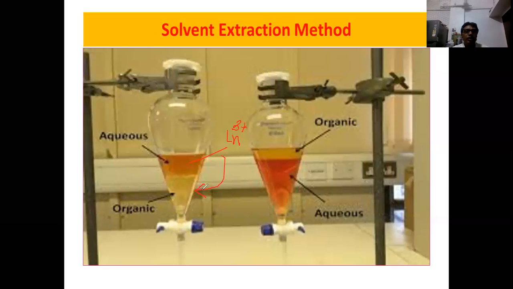So in this way, one lanthanum ion can be extracted. Once again, we have to take another fraction of the organic solvent and shake the solution. After shaking the solution, the two layers settle and the second lanthanum ion is extracted into the organic phase and separated. In this way, the lanthanum ions are extracted from the aqueous phase into the organic phase and the individual separation of the lanthanum ions takes place. Okay, let us discuss the next slide.